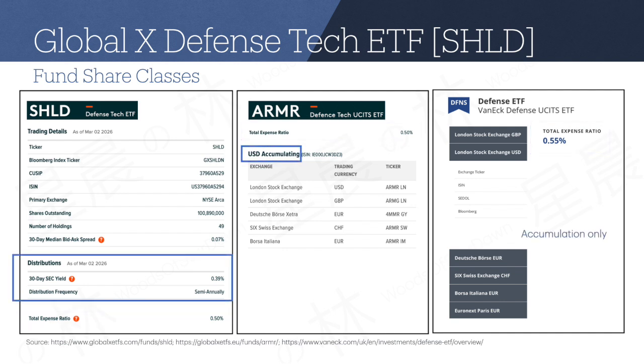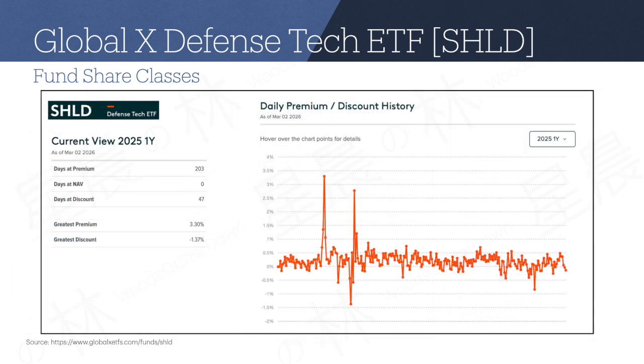Another small difference is that SHLD is a semi-annual distributing share class, again common for US listed ETFs, while ARMR and DFNS are accumulation only. That being said, the distribution yield of SHLD is extremely low at just 0.39%, since most of these defense companies don't really pay out dividends. In any case, it should also be noted that US listed ETFs distribution payouts are subject to US withholding tax, where applicable. One good thing about SHLD that I can't seem to find in ARMR and DFNS is the availability